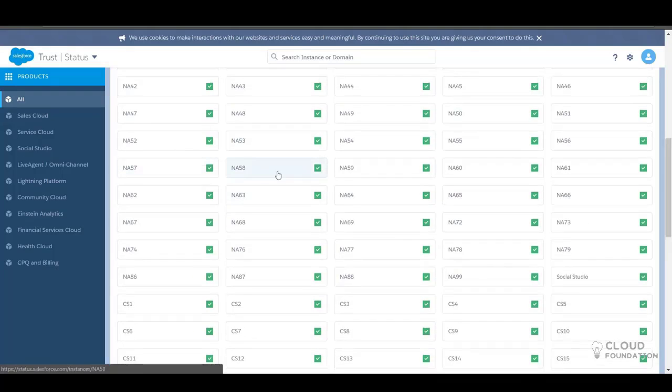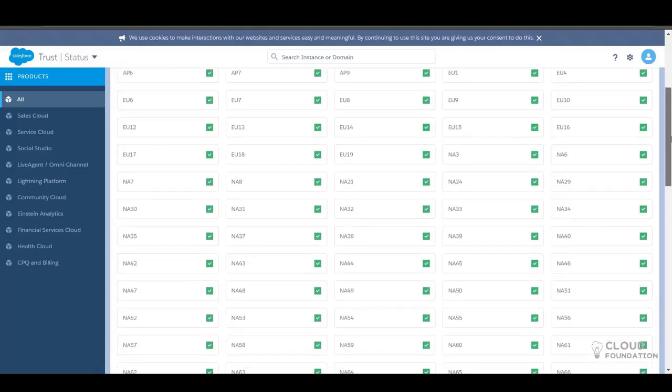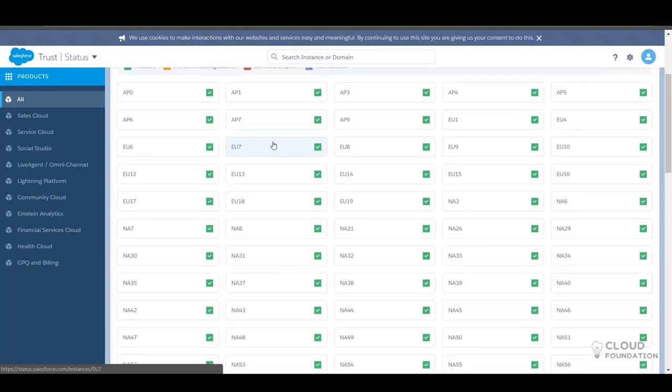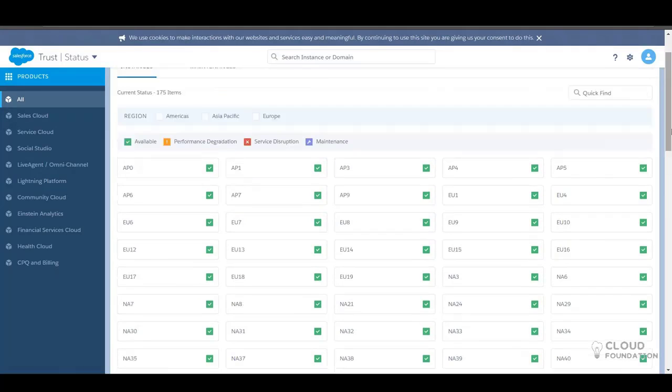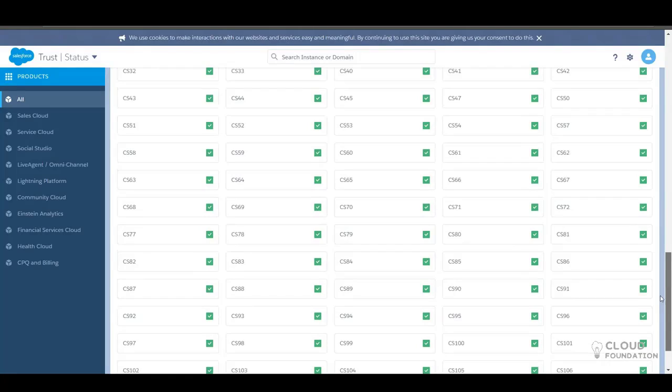You can see NA, North America. All these servers are hosted in America. And let's say you're based out of Europe and you want an account hosted in Europe, then these are the European servers, EU. And if you're an Asian customer based out of the Pacific region, then you can see this AP. These servers are hosted in Singapore, and the naming convention starts with AP. So these are the different instances or servers in Salesforce.